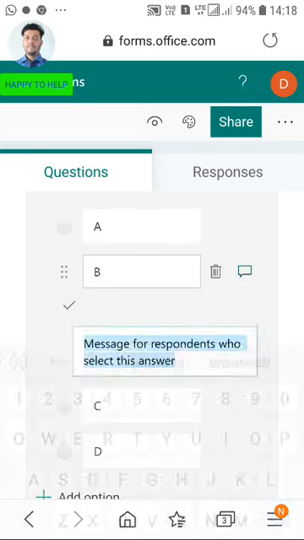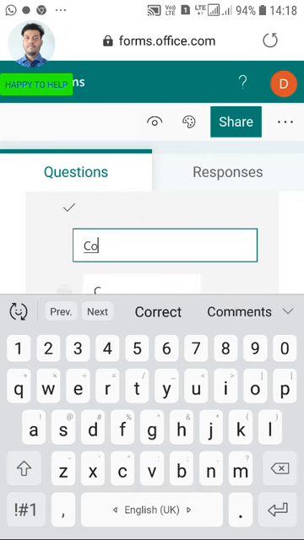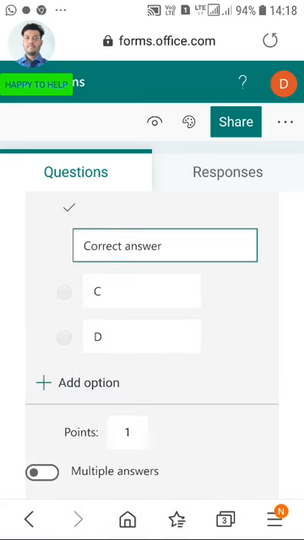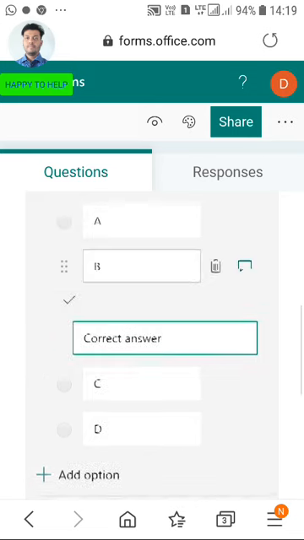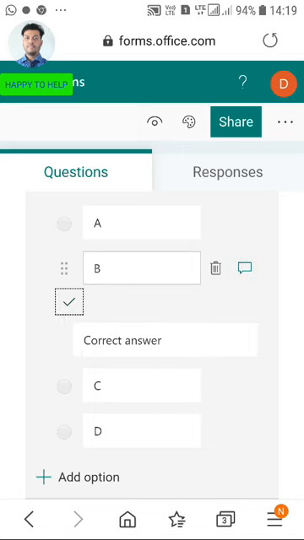This is for when a student clicks on the correct option, then this phrase, correct answer, will be displayed there, so that students will be able to understand their answer is correct. Now click on this tick icon once again. Once the square box is there, you make sure that your answer is auto graded.